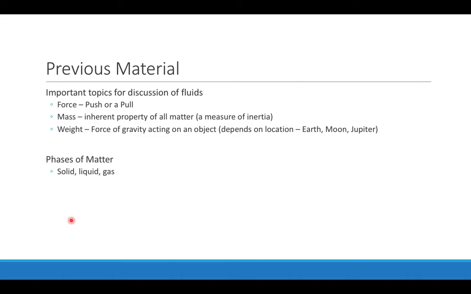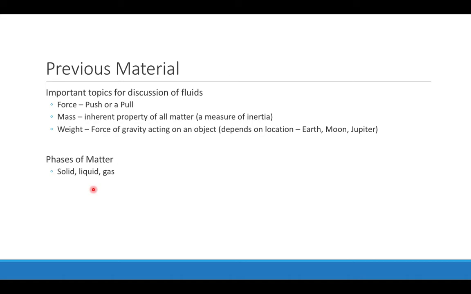And weight is just the force of gravity that acts on an object, and it does depend on the location that you're at, whether you're on the Earth or the Moon. The force of gravity is different on different celestial objects. The other topic that is important for us to remember is that there are different phases of matter,